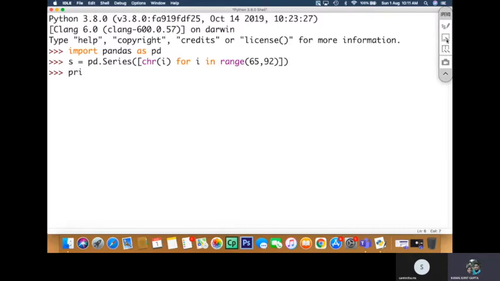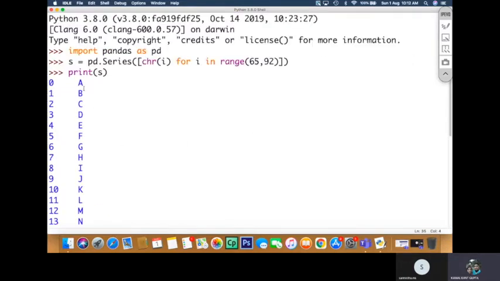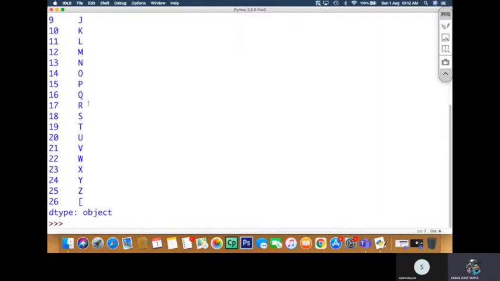So let us just print this value of s and see what it gives us. Now you can see it gives us this whole series, starting from index 0 as capital letter A up to capital letter Z. But we have exceeded that list, so it will be up to 90, not 91.